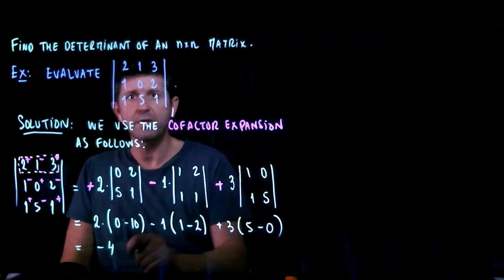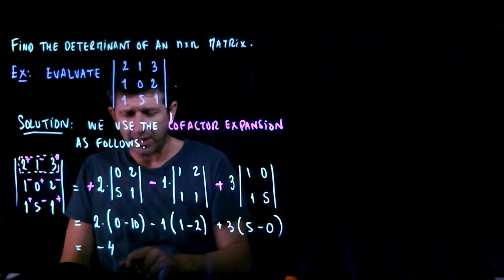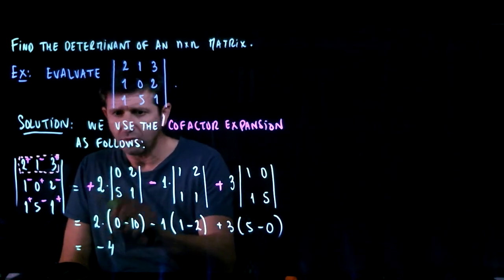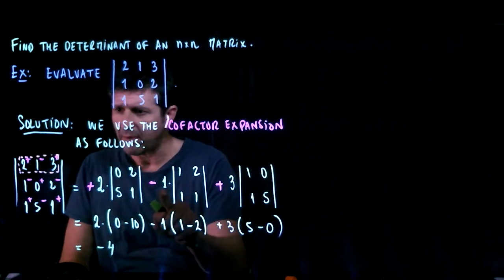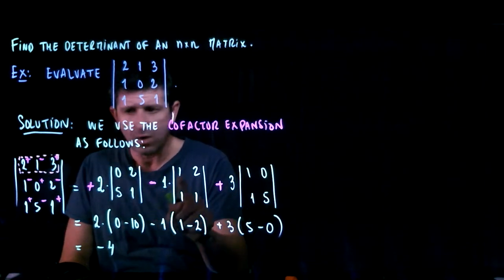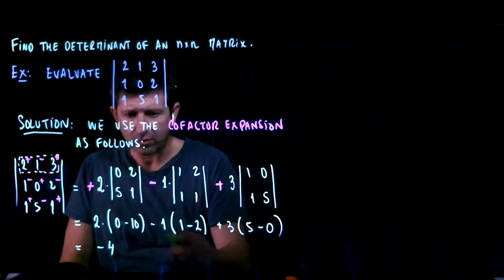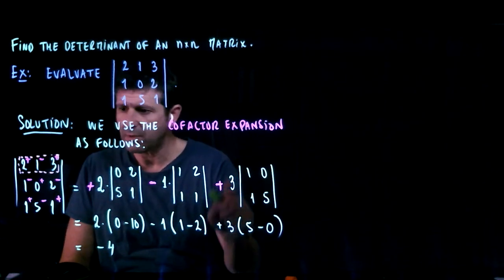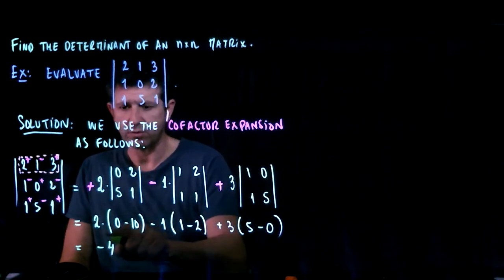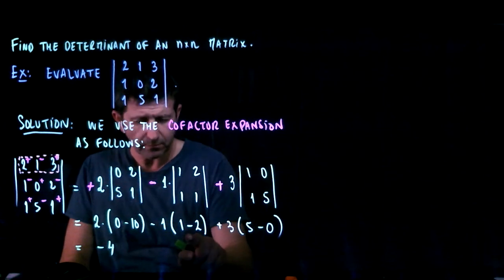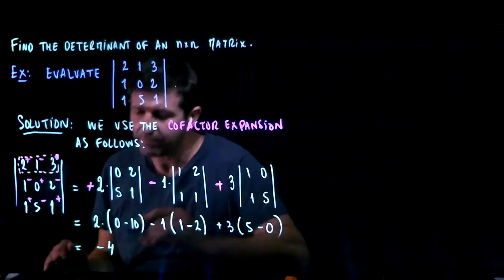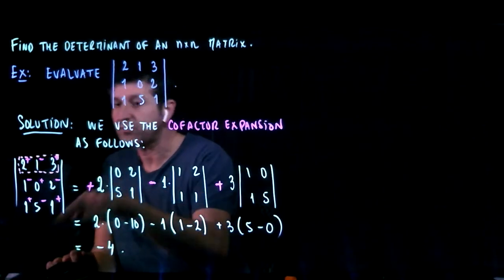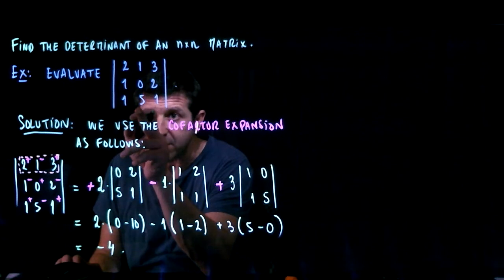So this should be the determinant of this matrix, should be negative 4. Let me double check. 2, 0, 2, 5, 1. Yeah, 0 minus 10. Good. Then minus 1 times 1 minus 2 is negative 1. Good. And then 3 times 5 minus 0. Good. So negative 20 plus 1 is minus 19 plus 15 is negative 4. That's it. Okay, so this transformation, if I could see that this matrix transformation,